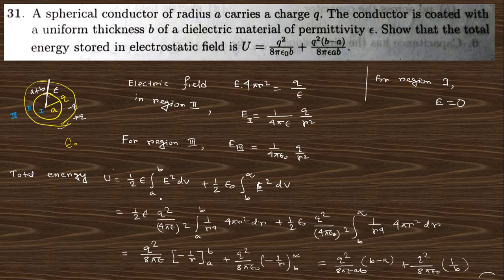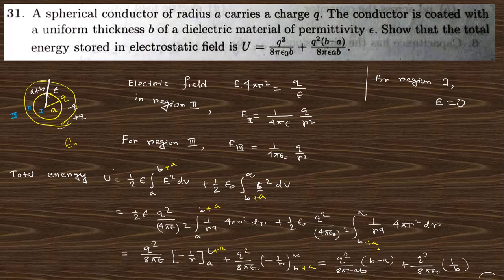Regarding this a to b, that b is not correct. Actually this is a plus b, the distance will be a plus b. I want to write in another line a plus b, and this is also a plus b. So you can put here b changes to b plus a actually. So if we put that, what happens is that it does not match. That's the problem.